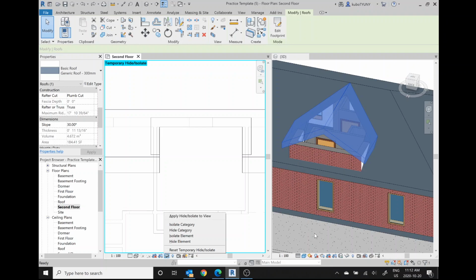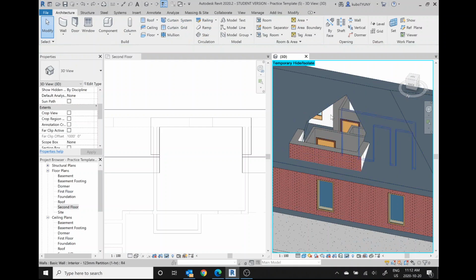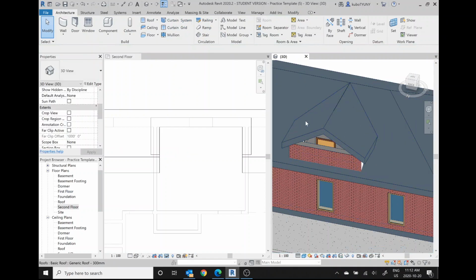Oh, I'm hiding it in the wrong one. That's what I'm doing. Each of these windows has a separate hide button here. So hide element. There we go. Perfect. We've got a hole cut in the roof. That's what we want. We unhide it. Now, what I'm going to do is attach